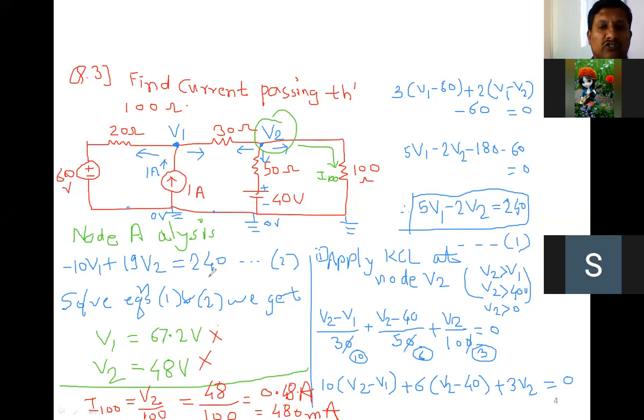So you have to follow the steps. Calculation is the secondary part. The primary part is that the steps should be correct. Are you getting my point? So you have to concentrate on each and every step, and you can follow them based on the type of circuit, based on how the elements are connected in the circuit. So this is the third problem we have solved. Now we can solve that homework problem that I gave.